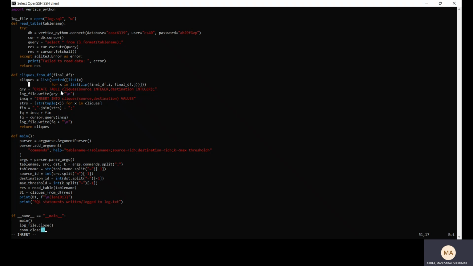we are creating a table called clicks to store the source and destination vertices, and then we are writing the query into a log file, and then we have to insert the clicks into the database, right? And then we are storing the clicks into a tuple and converting into a string, and